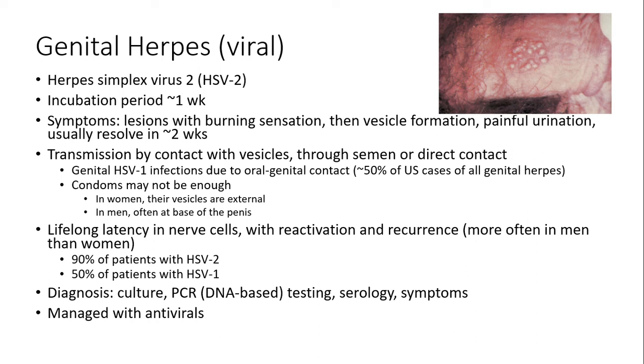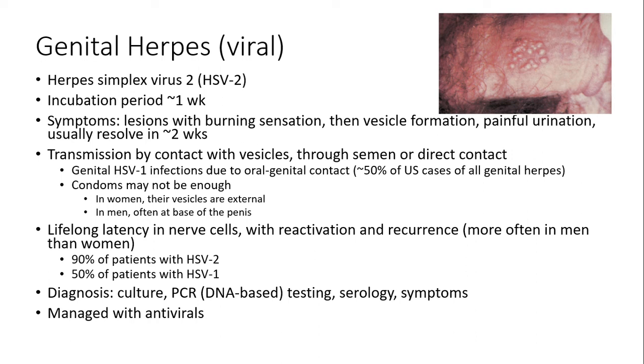So keep in mind that condoms may not be enough on a lot of these, because in women, their vesicles may not be on the external. In women, their vesicles are going to tend to be external. And for men, it's often at the base of their penis. So these are two tissues that, especially the base of the penis, from a mechanical standpoint, are not going to be protected by